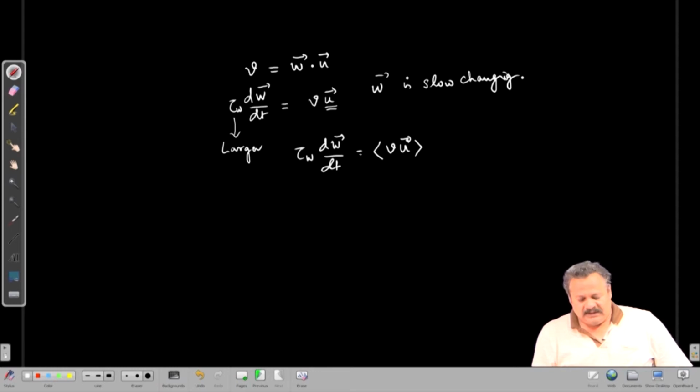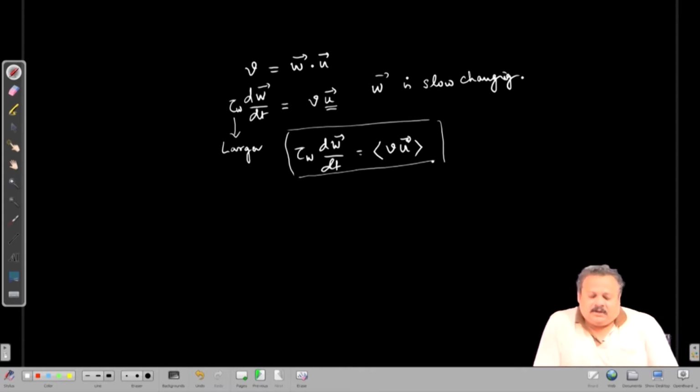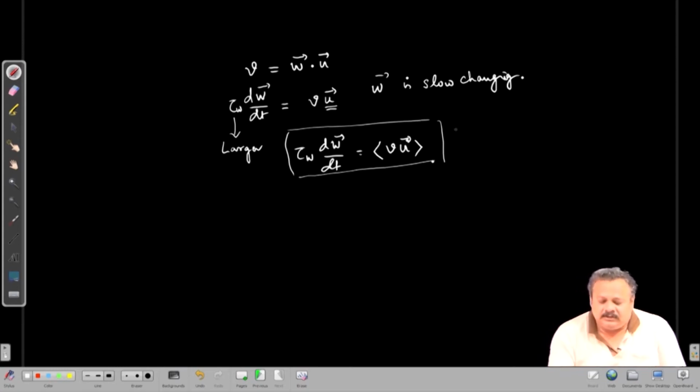With this as our learning rule, we have the average of V times U driving our weight change, or the larger the correlation, the larger the product value of V and U, the larger is the increase in W. So, what are the consequences of such a learning rule? This is what the basic Hebb rule is, but